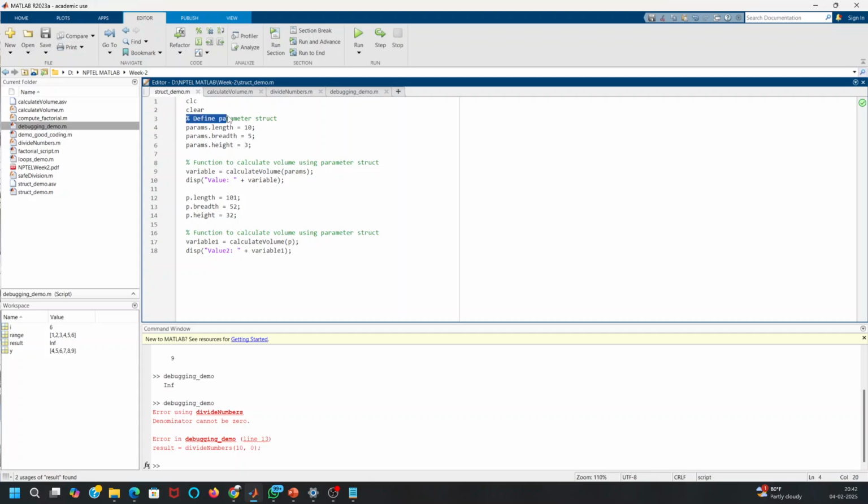If you include comments like these, define the parameter struct, function to calculate, these comments will help you understand the code whenever you come back and read it after some point of time. Or let's say if I'm sending you these codes,